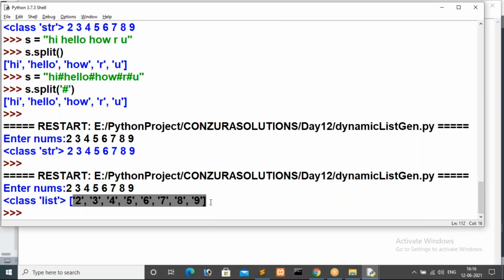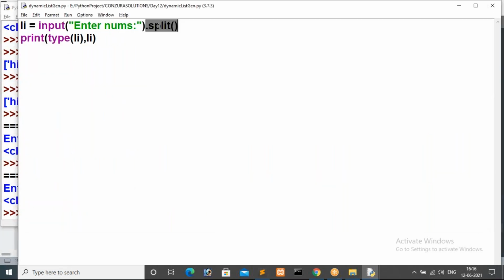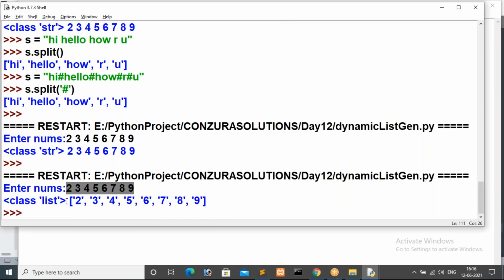Now here we have to do something. What we have to do, guys? We are getting numbers fine, but all those numbers belong to which type, guys? Sudarshan and Prasanna, please observe my screen. All belong to which type? 2 exists in quotation, 3 exists in single quotation, 4 5 6 7 8 9 all exist in single quotations, because we are reading a string and applying a string method here. Both belong to string type. So this input method returns a list with string values.